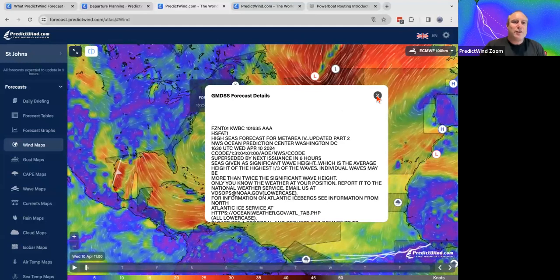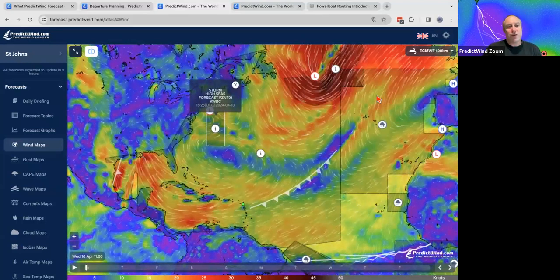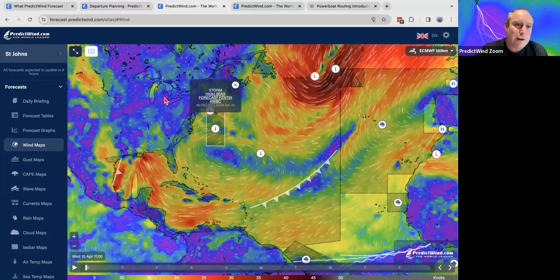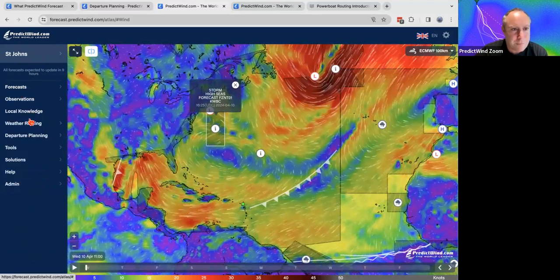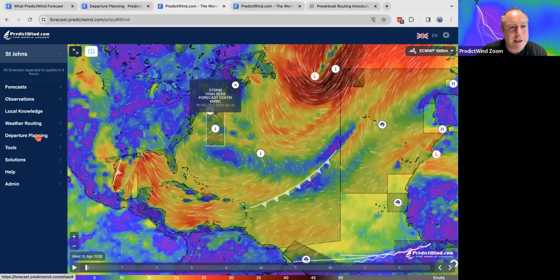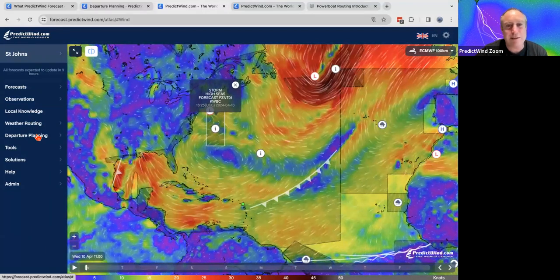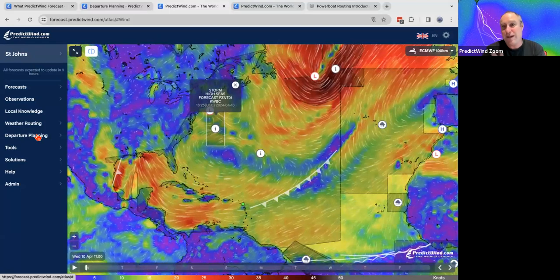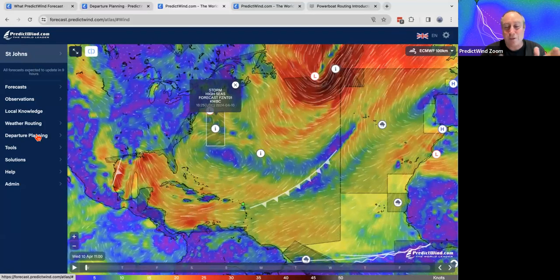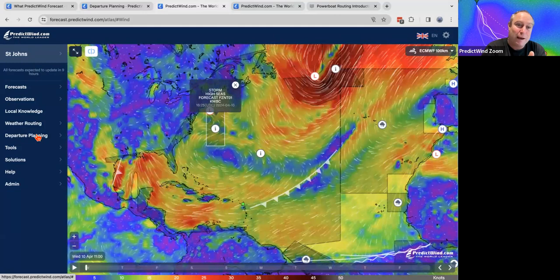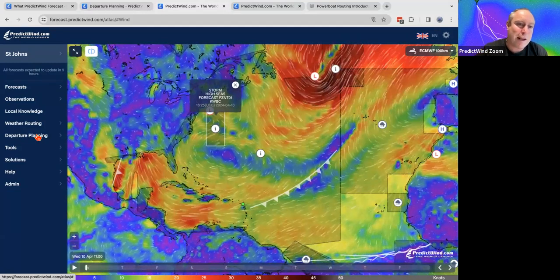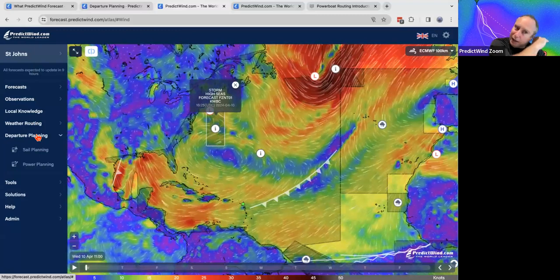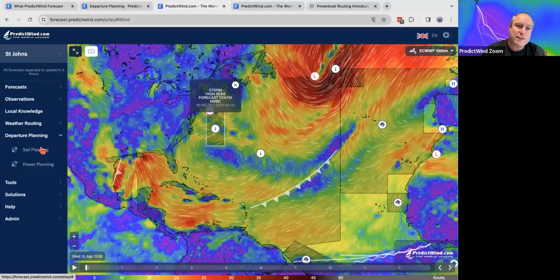Okay, so let's actually just move on to the tool, because that's really what we're here for. So if I come down here, we have weather routing and departure planning. So I click on the departure planning. Let's assume that we're happy with a window, and we're ready to go, and we're looking to go in the next 4 days. So come down here, click on this departure planning tool here, and we have sail planning and